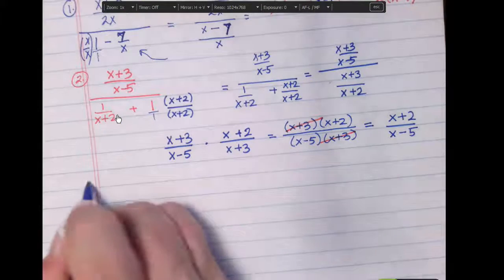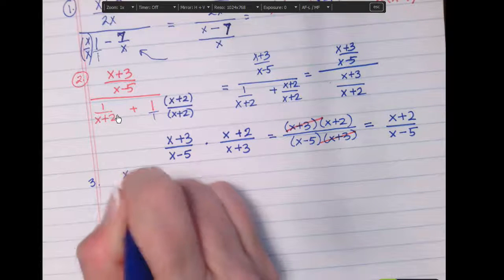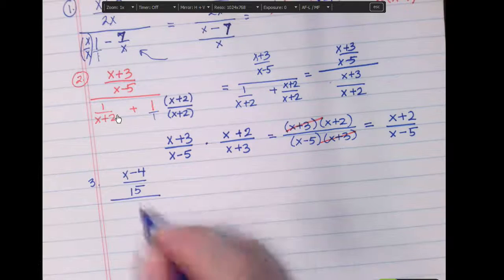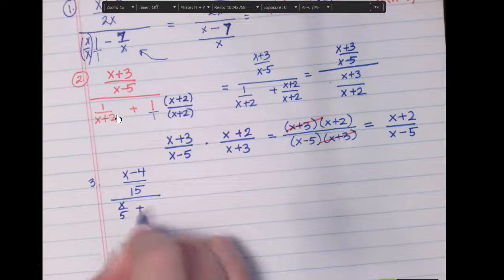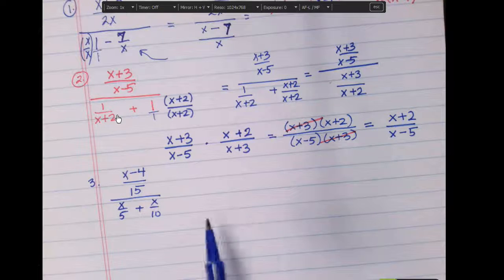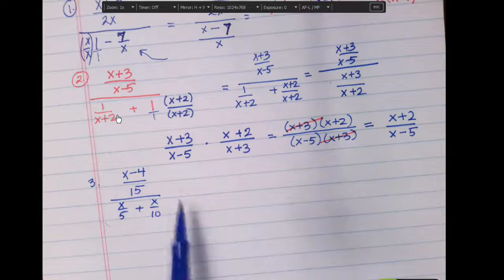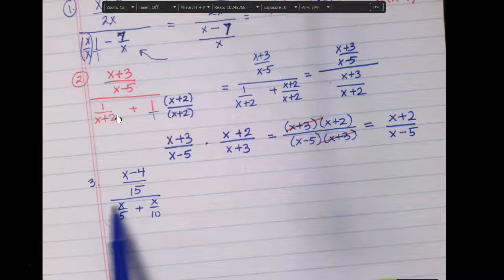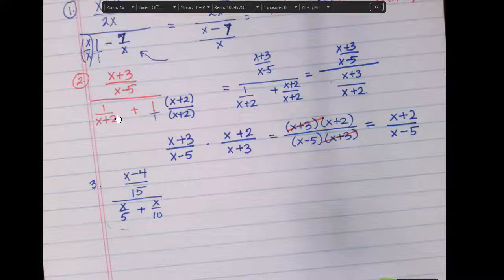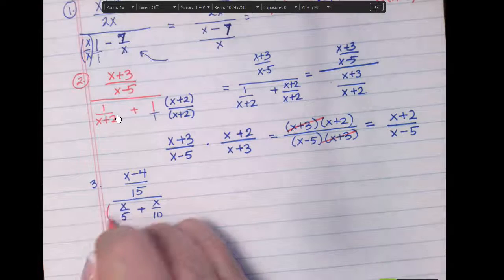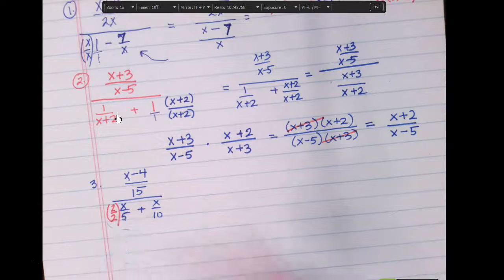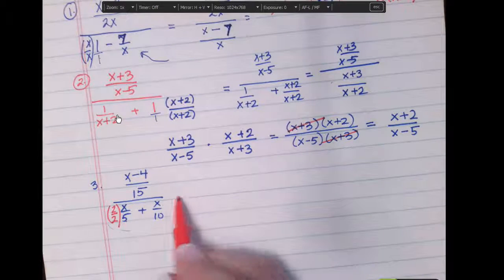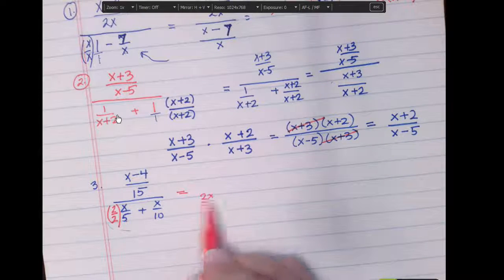Problem number 3, x minus 4 over 15 in a complex fraction with x over 5 plus x over 10. And so, again, before I can do my division, where I divide and multiply by the reciprocal, I've got to get this addition problem all as one expression. So I want to get a common denominator so I can do my addition. And I look at my denominators of 5 and 10, and I can see 5 goes into 10 2 times. So if I multiply this expression by 2 over 2, that's going to give me 2x over 10 plus x over 10 in the denominator,